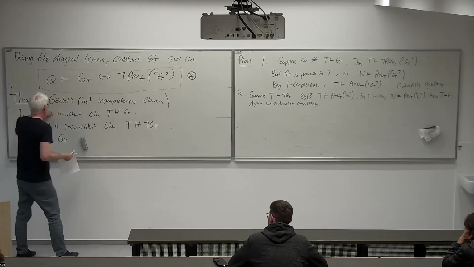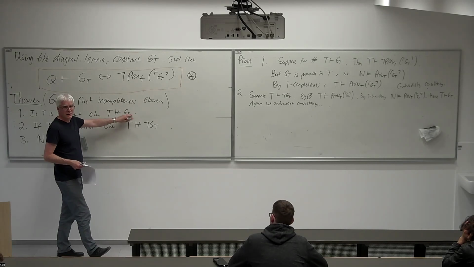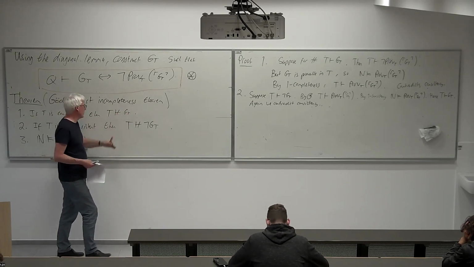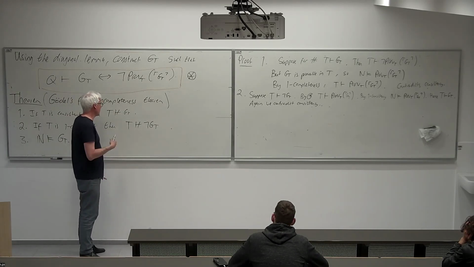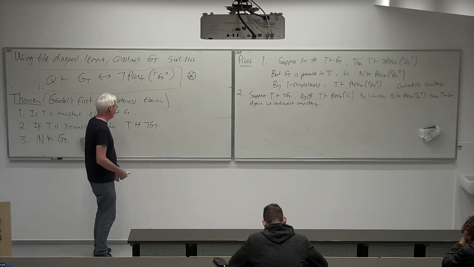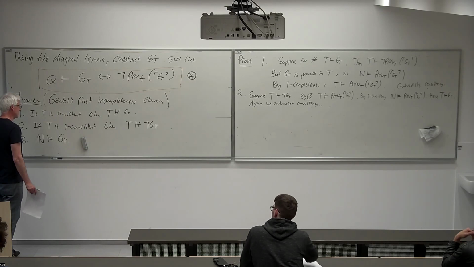But the idea behind these two is very straightforward, because G says I am not provable, therefore it can't be provable, because if it were provable, we would be proving something false. It's a bit more subtle than that, but